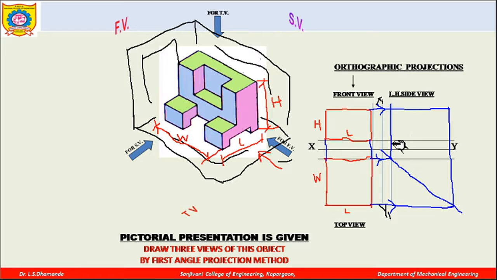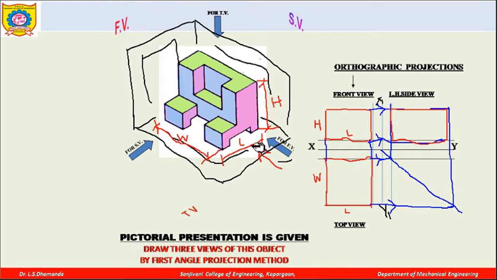So in the side view itself you will be getting the height this one, and this line also you have to transfer. By transferring these two lines you will be getting this particular rectangle, okay, and then by taking the position of it, you can draw the side view of it in this particular rectangle. Okay, so this is the first step in starting the orthographic projection.